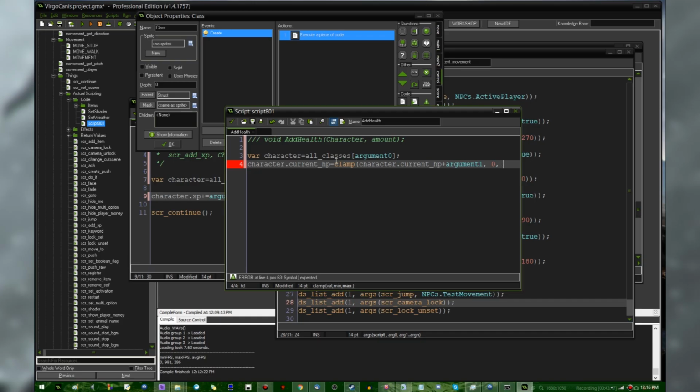And it's going to clamp it between 0 and character.HP, which is going to be the max HP. So currently it would be 0 to 100. You can't have a health value that's outside of 0 and 100. And I think lastly I'll say if